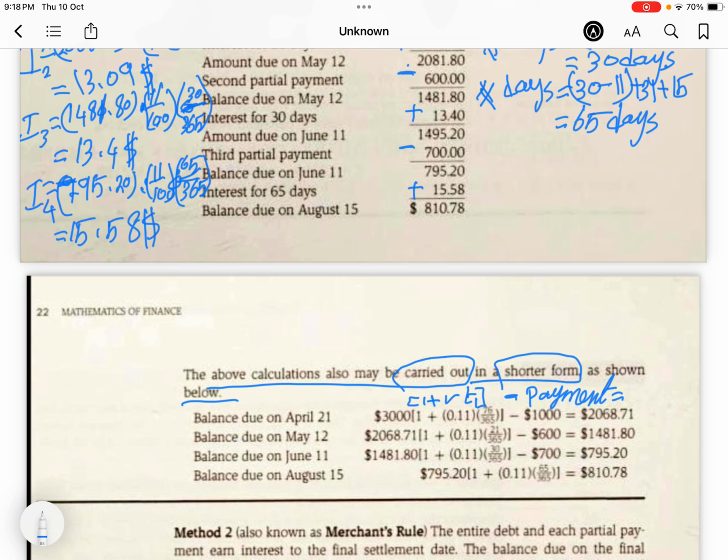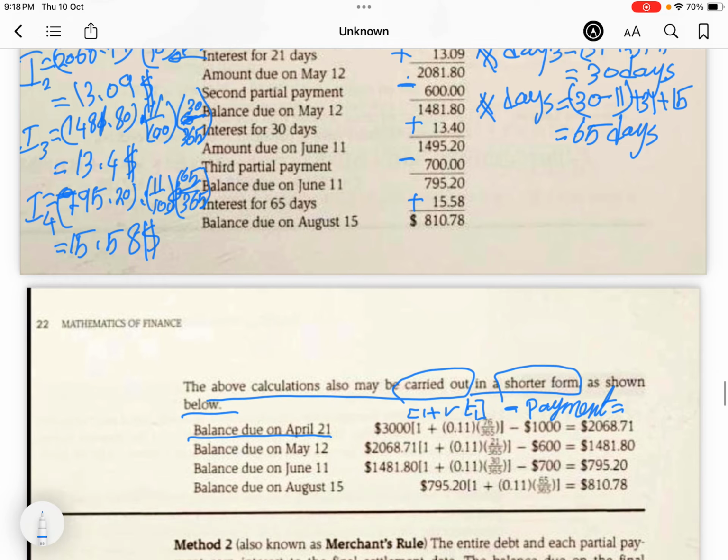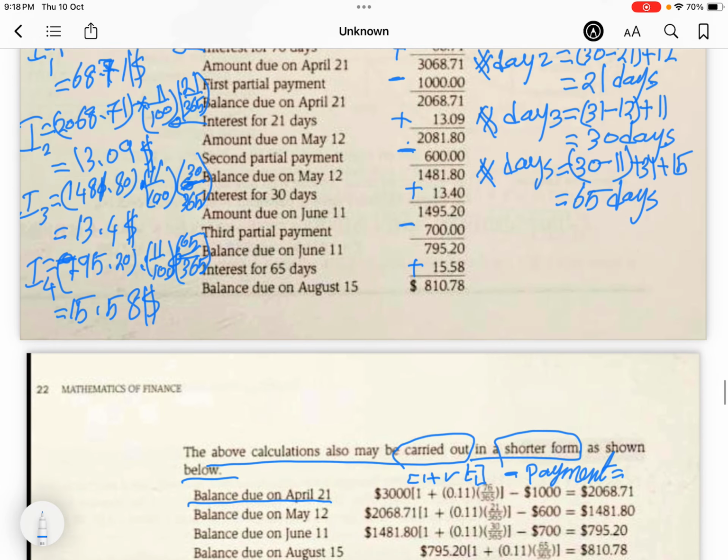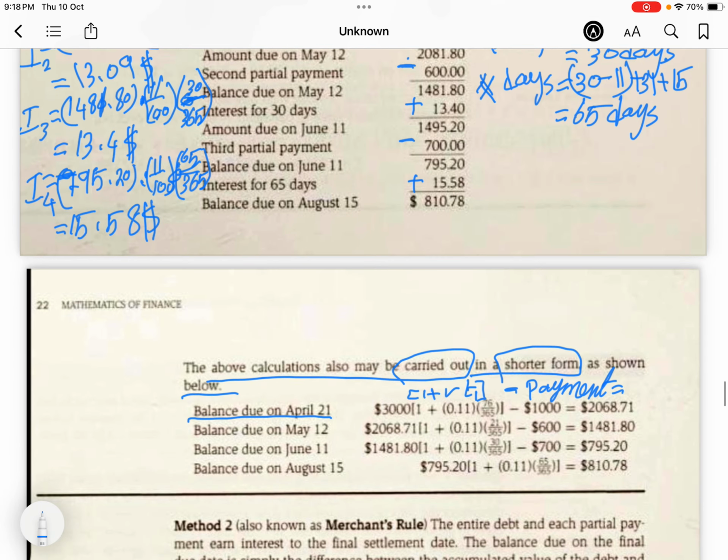You will have the balance due on 21 April. Second, the balance due on 12 May: you will have the same, multiplied by 1 plus R, the same for all of them, but a different T